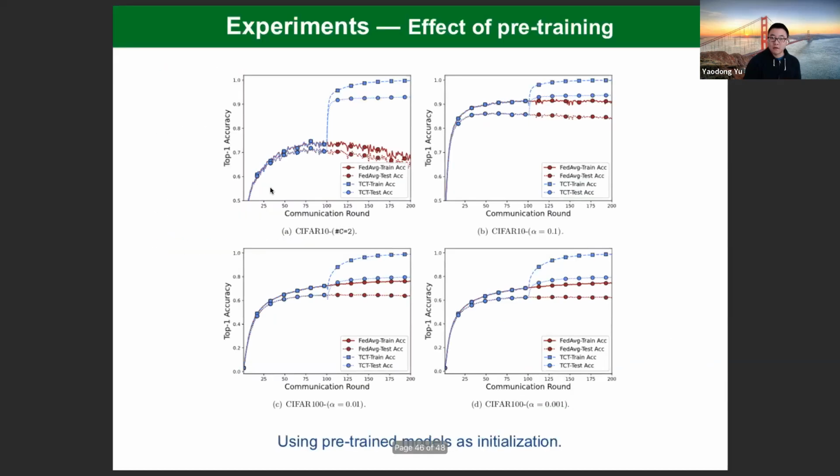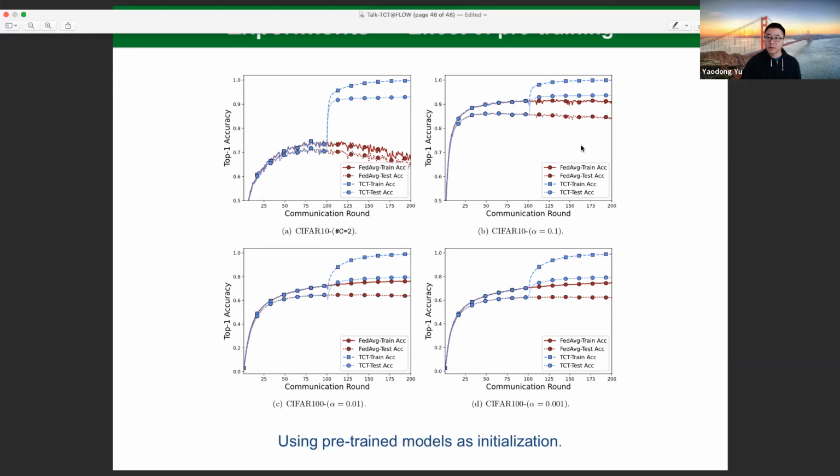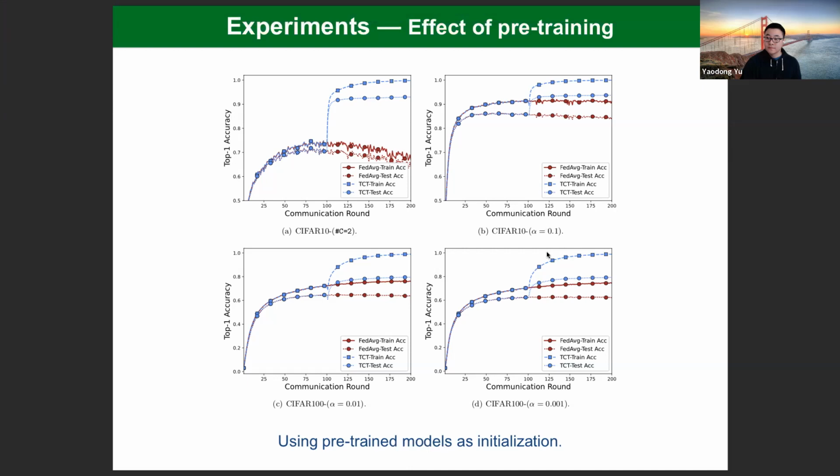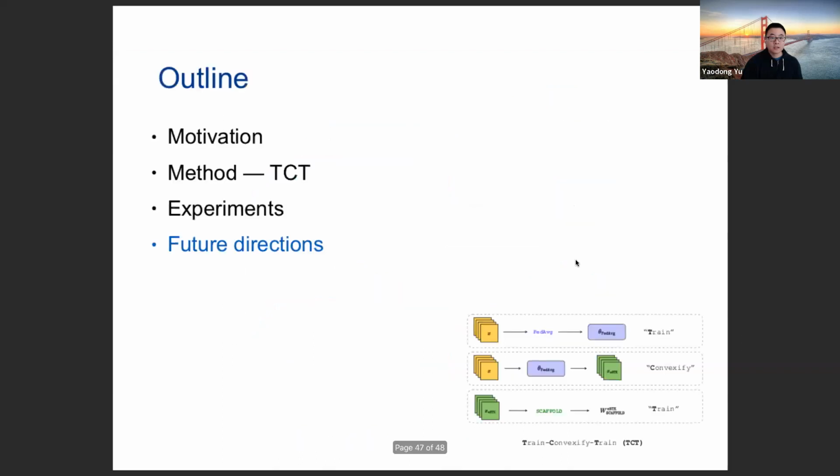Okay, so that's all for the experiments. Any questions for the experiments? Okay, so